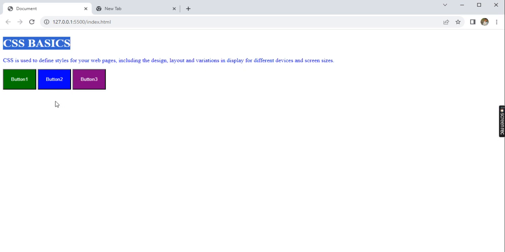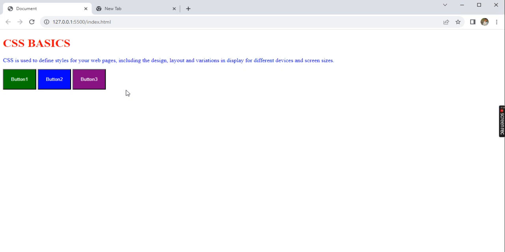Otherwise, if we want to use red color for some other heading, we can give it by class selector. By using the class selector we can commonly give the red color. By using the id selector we have to change the color to red. This is a unique style we can give for the heading alone. So id is a unique one and a class can be commonly used. Then